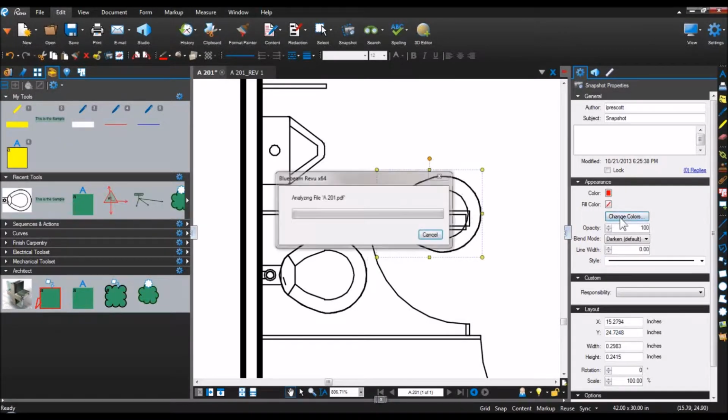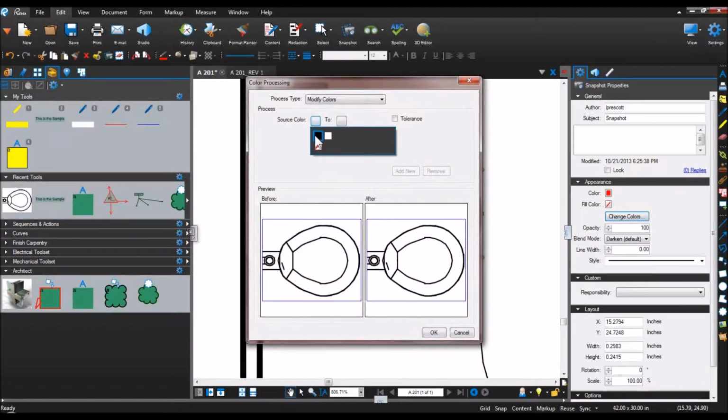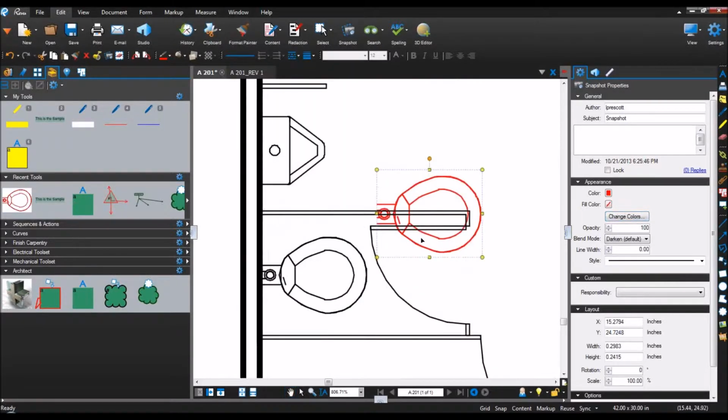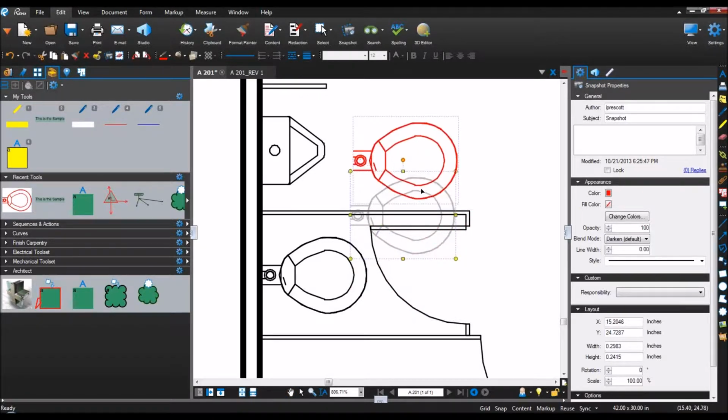So let's change the color on it. Change colors. The source color is black. You change it to red. Okay, now I've got a nice, clear background red toilet that I can use for any sort of redline process I need to. And I can just take the subject of it, change the subject to toilet, just like that,